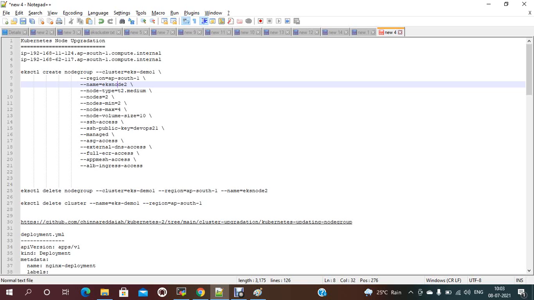Full ECR access, ALB ingress access, everything I have provided. Based on this command, I have created my nodes.